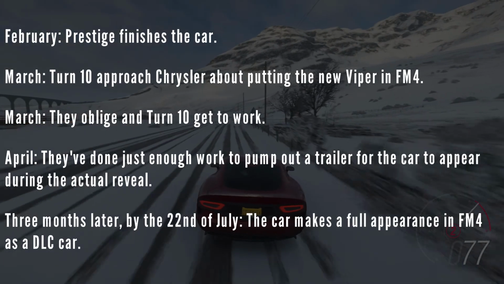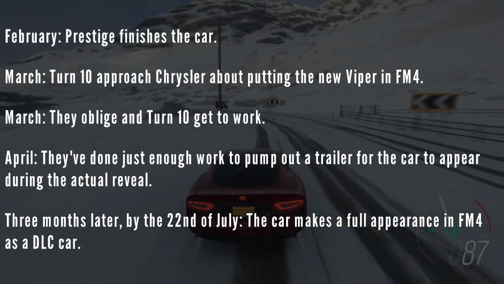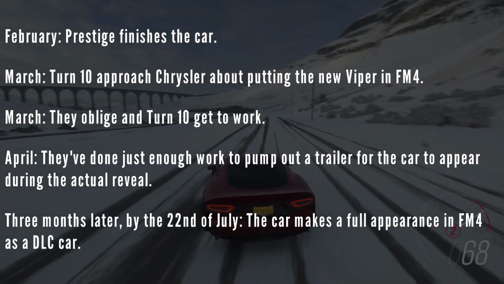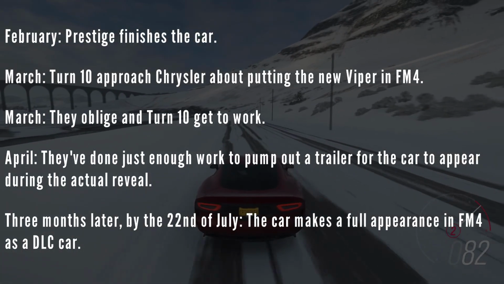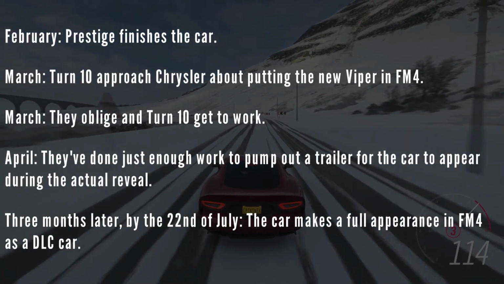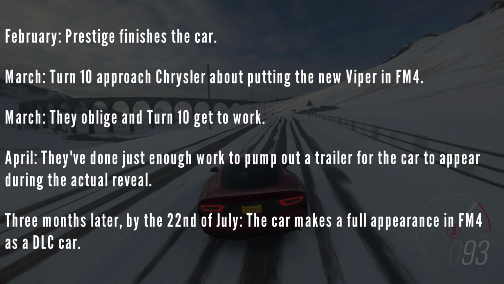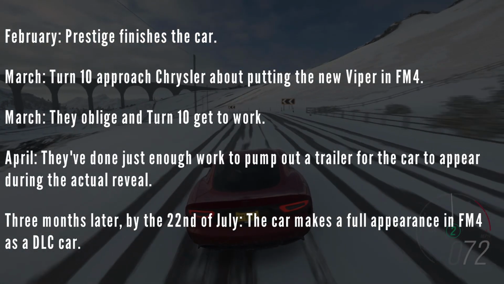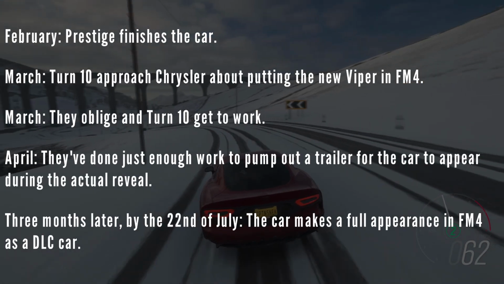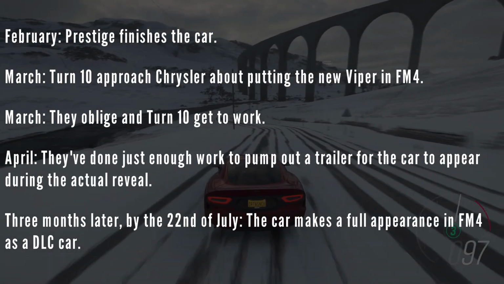March rolls around and Turn 10 approached Chrysler about putting the new Viper in Forza Motorsport 4. They oblige, and Turn 10 get to work. Less than a month later, they've done just enough work to quickly pump out a trailer for the car to appear during the actual reveal, showcasing that it will also make an appearance in Forza Motorsport 4. 3 months later, May, June, and the 22nd of July, the car makes a full appearance in Forza Motorsport 4